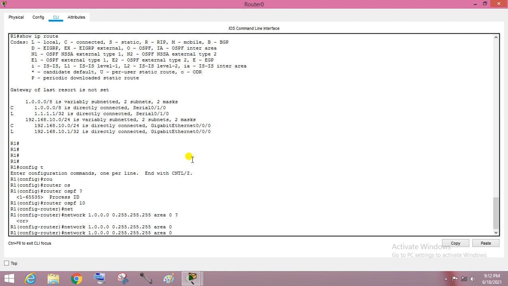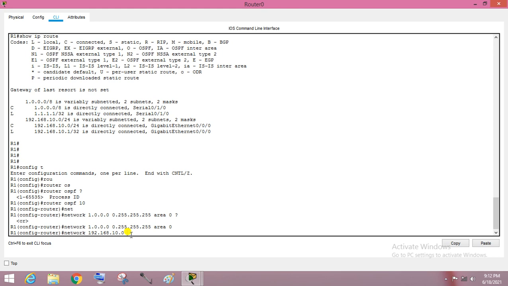Then you have to observe that the subnet mask is different for class A and class B. So just delete it and write once again; its network is 192.168.10.0. Here it is okay. But when you enter the subnet mask, you have to write the wildcard mask in case of OSPF.